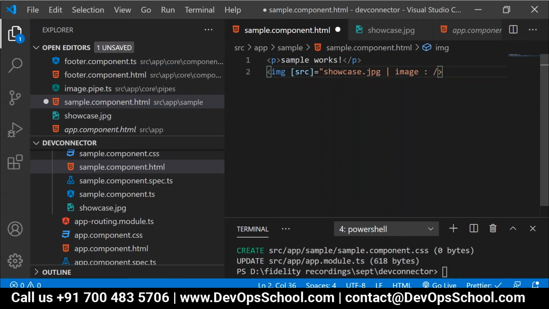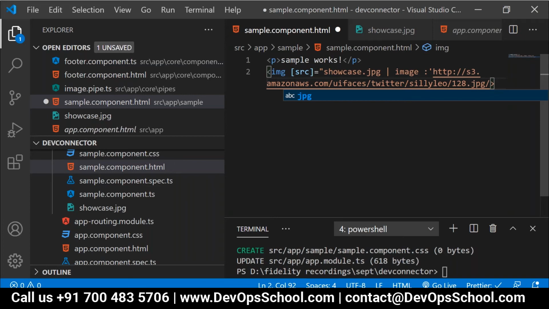So let's say for me, http://s3.amazonaws.com/uifaces/twitter/sc128.jpg. Correct.